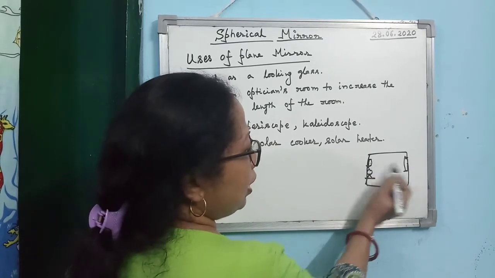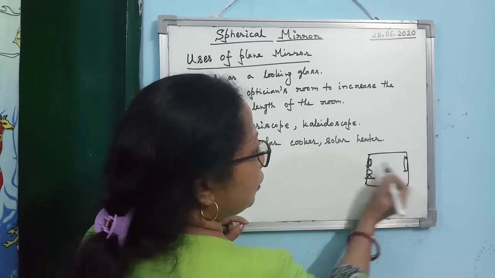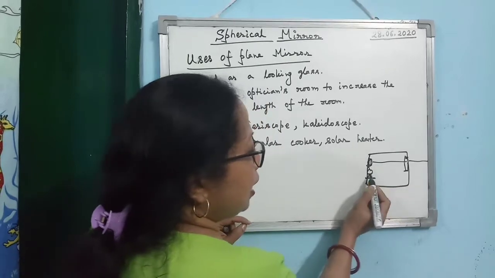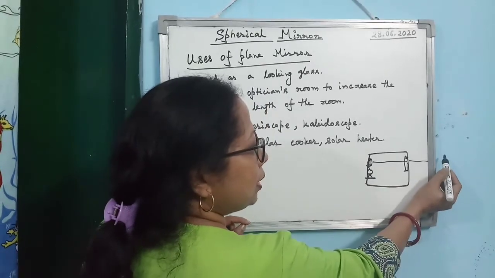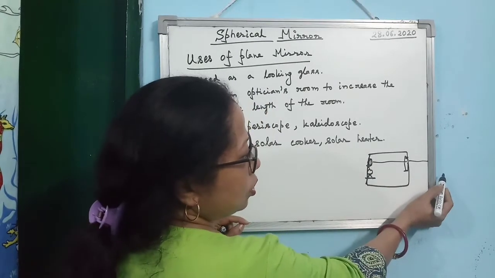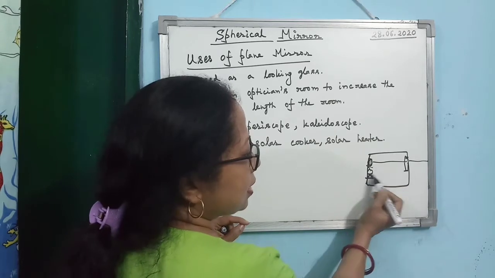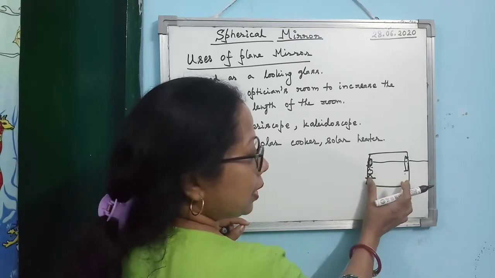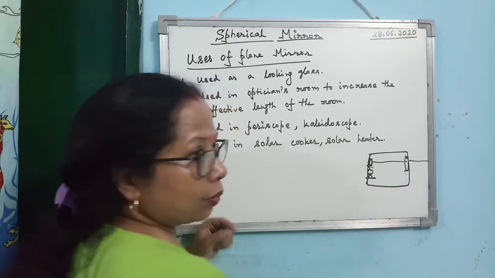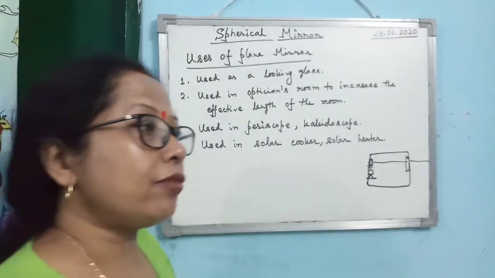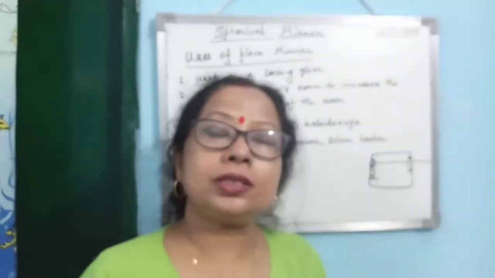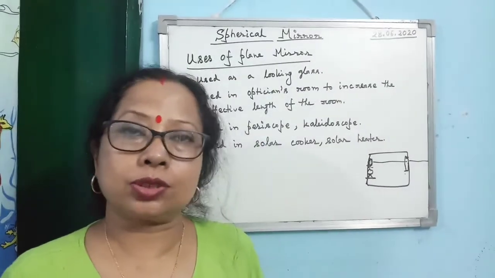So you see, when you are looking, the image of the board is formed at double the distance. So when you are looking at the image, you are getting the image here. The original distance is the length of the room, but at which distance are you seeing? Twice the length of the room. Got it? So that is the way generally a mirror is used to increase the effective length of the optician's room.